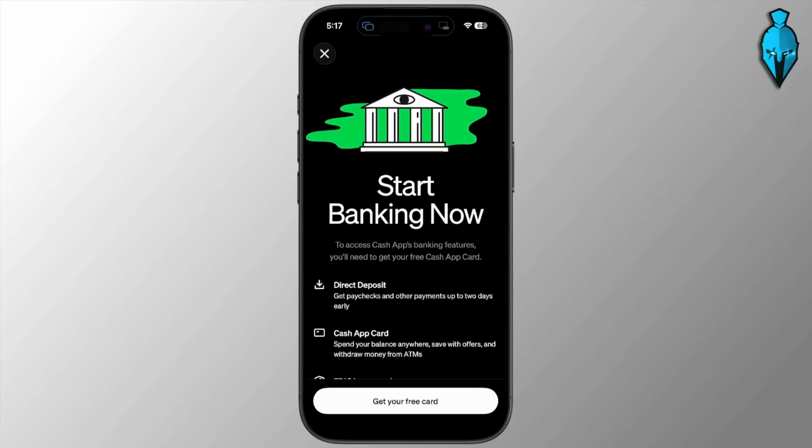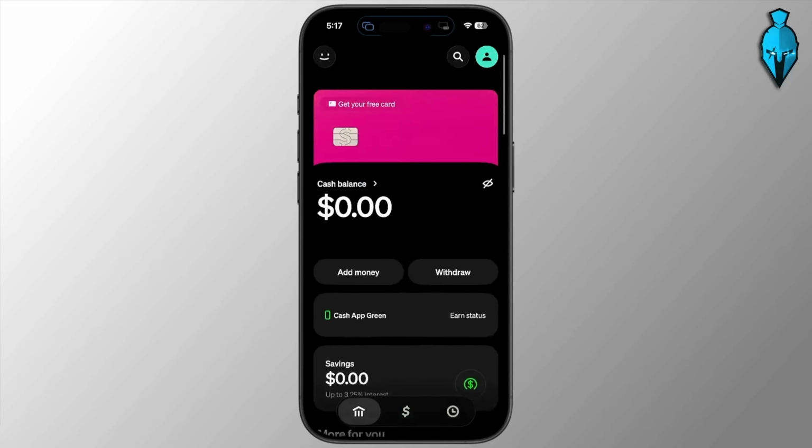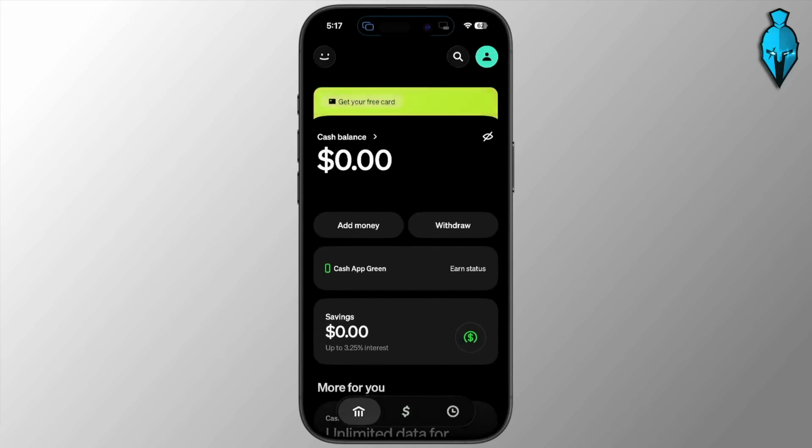Cash App limits direct deposits to $25,000 per transaction, so a deposit above that amount may be rejected. If the information is correct, ask your employer or payroll provider why the deposit was returned and have them resubmit it. And once you do that, you can go ahead and tap on your profile icon in the top right,